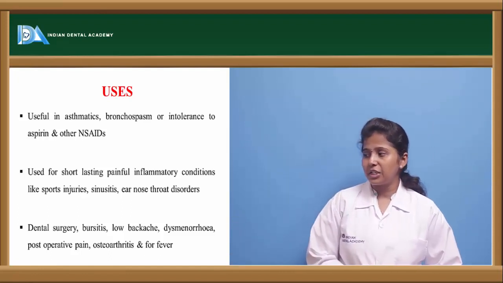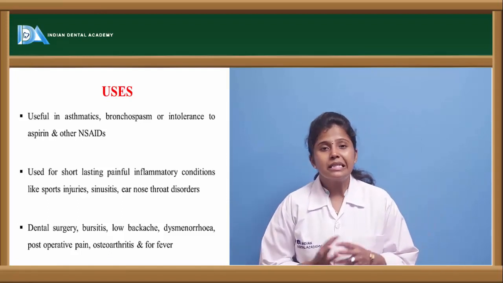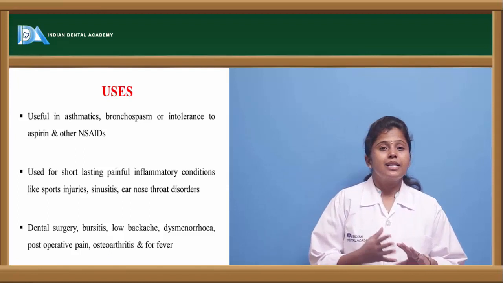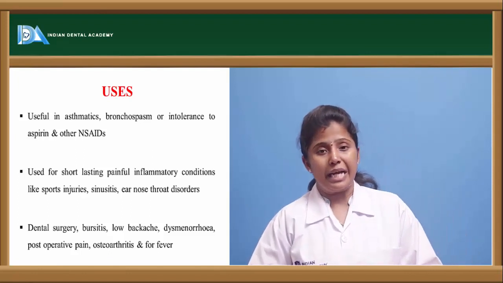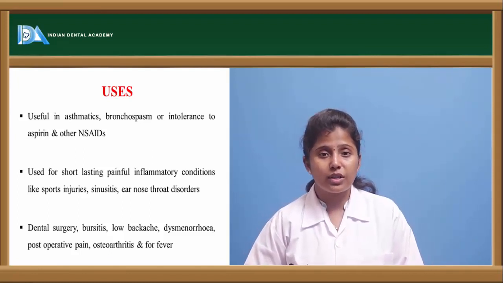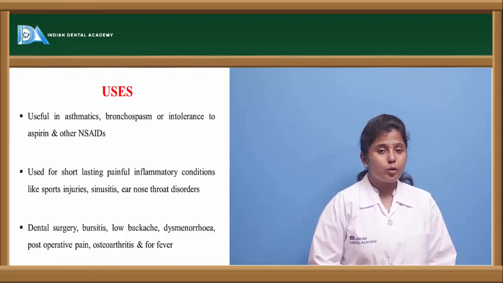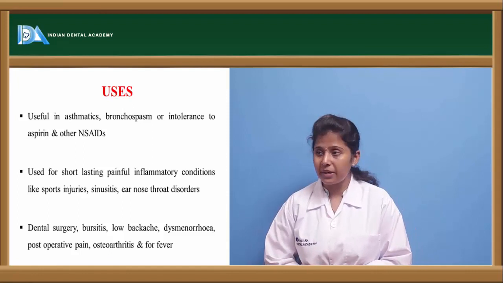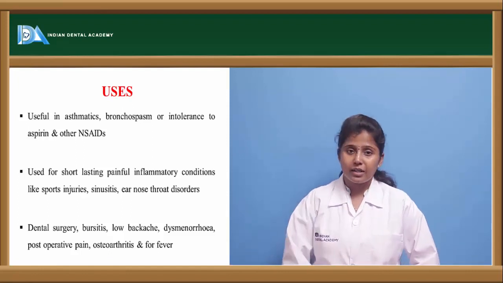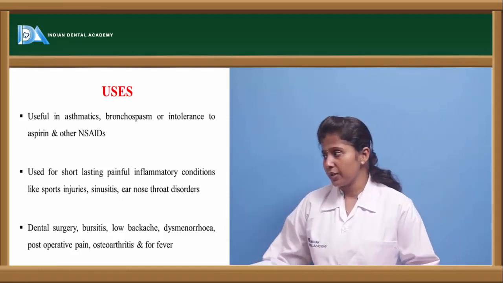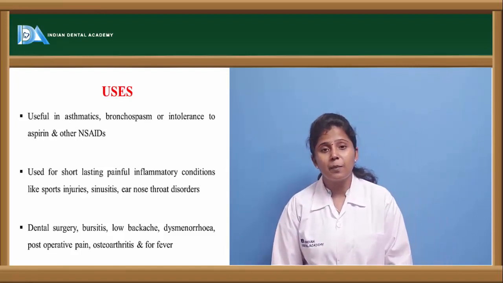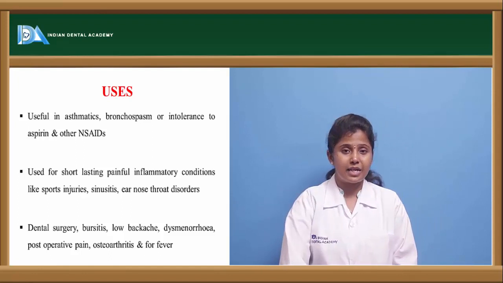the asthmatic conditions. Because in asthmatic conditions or bronchospasm conditions, if there is any tolerance to aspirin, if the patients are showing tolerance to aspirin, then this Nimesulide is mostly preferable. Or else we can replace aspirin, or we can combine with aspirin or other NSAIDs to show better action. And it is used to relieve the pain because of the inflammatory reactions